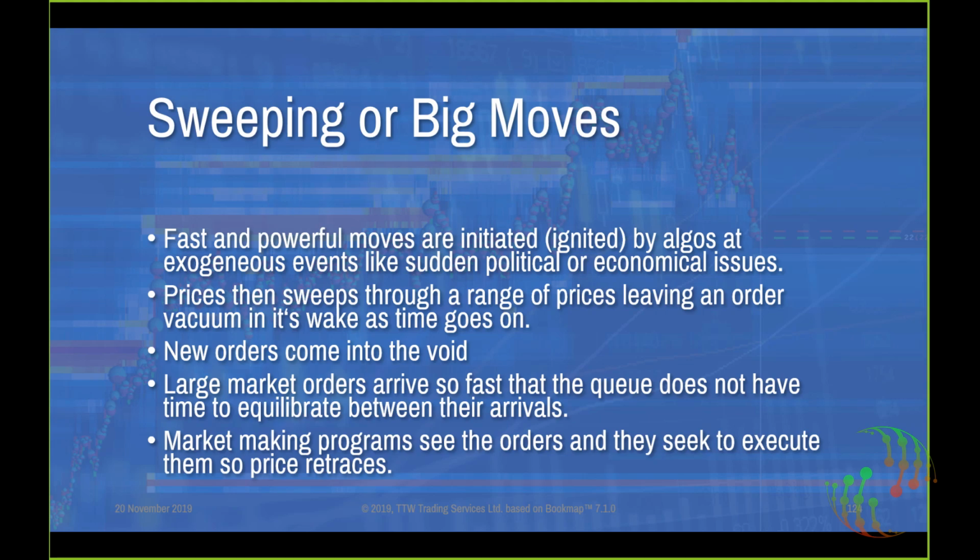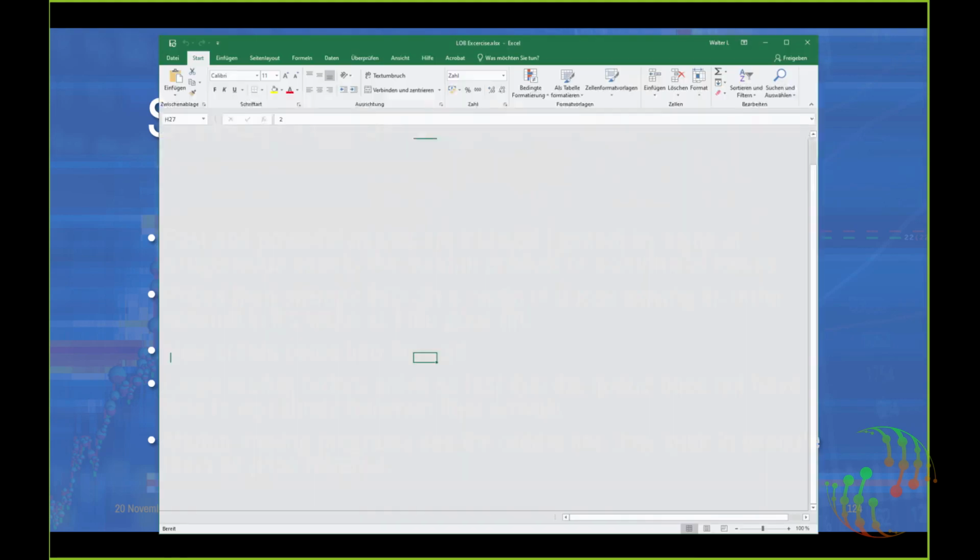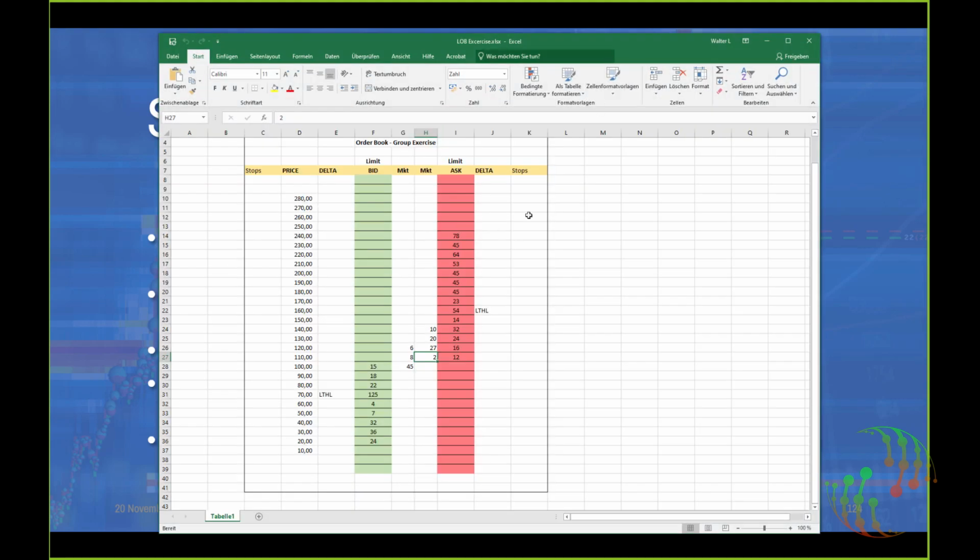Let me show you again this example here on Excel. When we are talking about a queue, then we are talking about queues on the limit side, on the ask side, on the bid side. So you can imagine if we split the 16 orders here, then you will see a queue of orders, as we talked about the